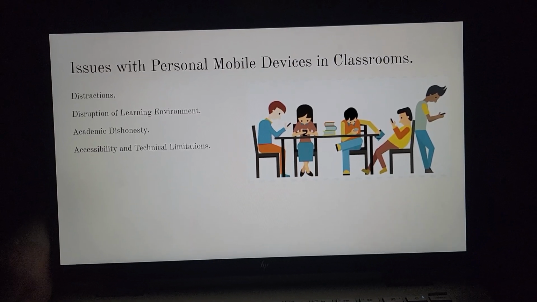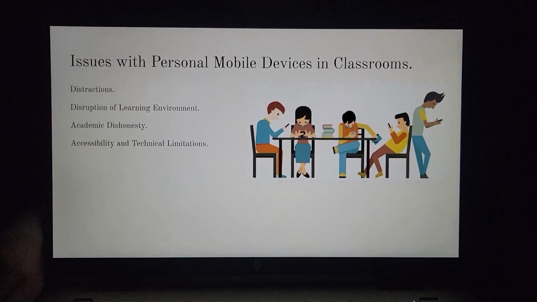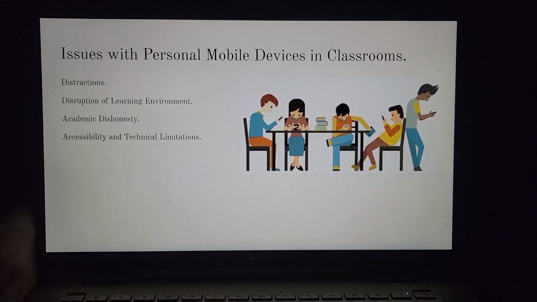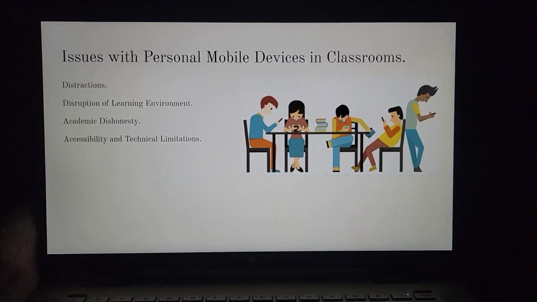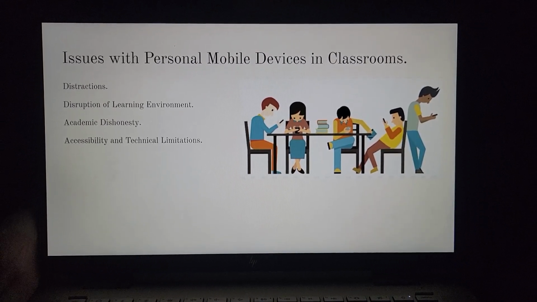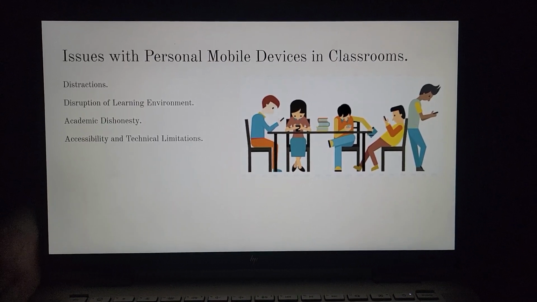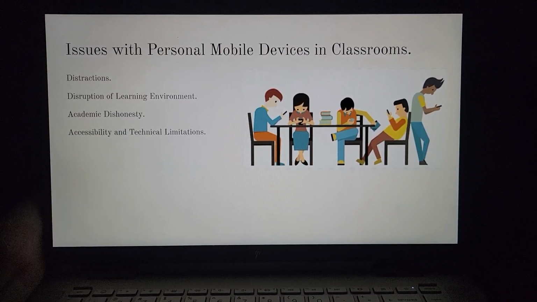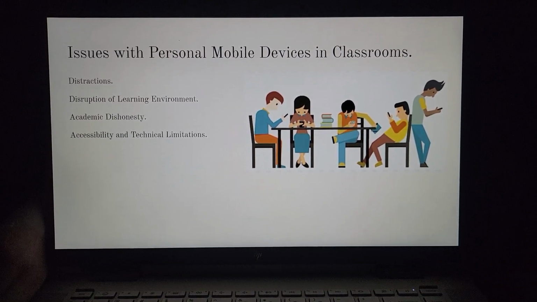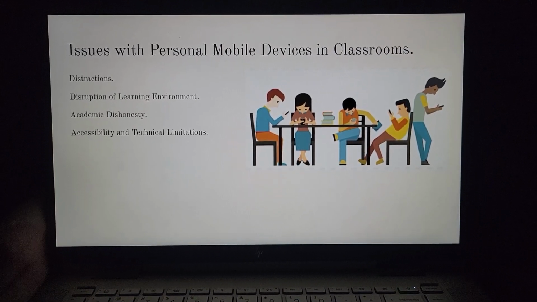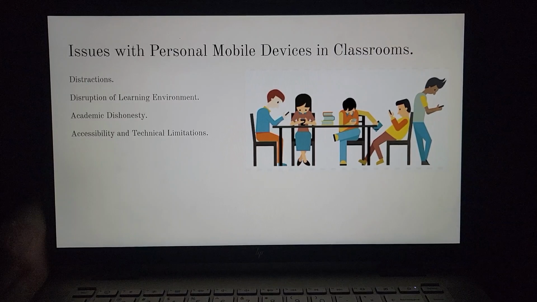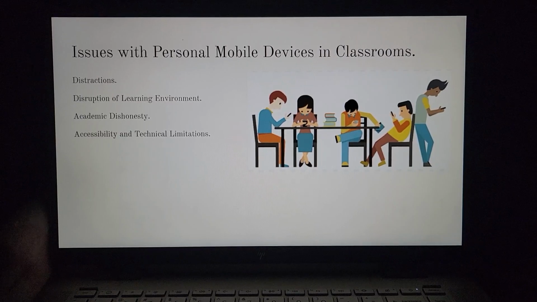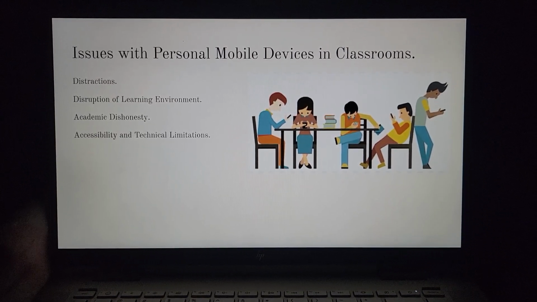Right. So in most schools, they have a cell phone policy. The reason is that many students have an issue with a personal mobile device in the classroom. The biggest issue will be distraction. Sometimes the students are constantly checking their phone. They shop, they are on social media, or they simply want to check a text message. And if one cell phone goes off, it will be a big disruption of the learning environment, and it will distract everyone around that particular student.